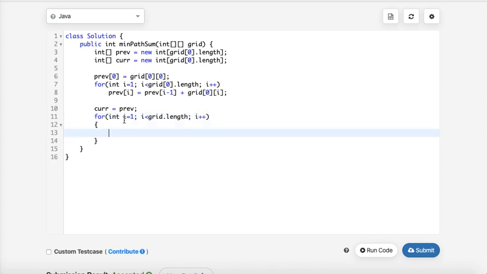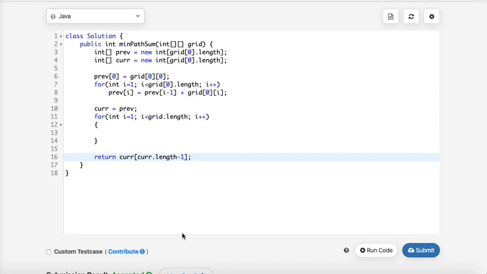So what happens here is, since I'm starting from 1, if I have given only one row in the grid, then only previous will be there, current will not have been initialized by this loop, and that is one edge case. So to avoid that, I'll initialize this. If there is only one row, then the current row will be previous and current will be returned, because in the end what we'll be doing is from the current row